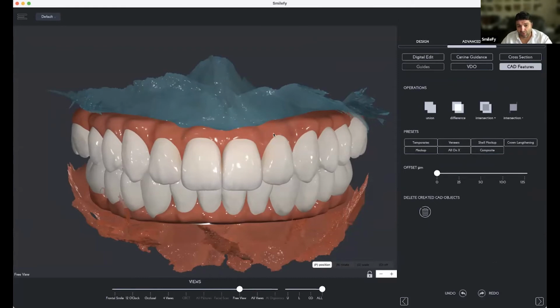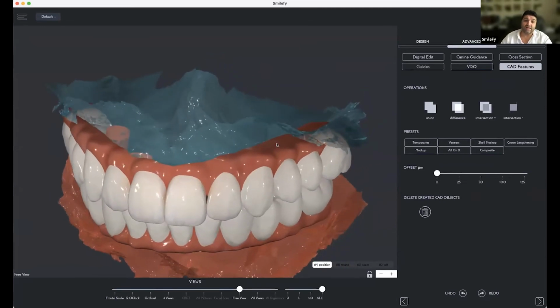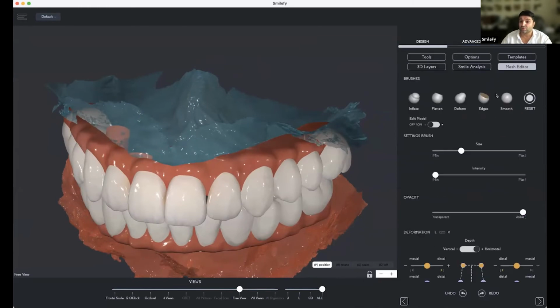So then you have only one object, gingiva and teeth. And then we can subtract the gingiva, the intraoral scan, from the full arch implant bridge. Then you get the form of the gingiva in your full arch implant bridge. You can use the mesh editor files to smooth out the edges, right?